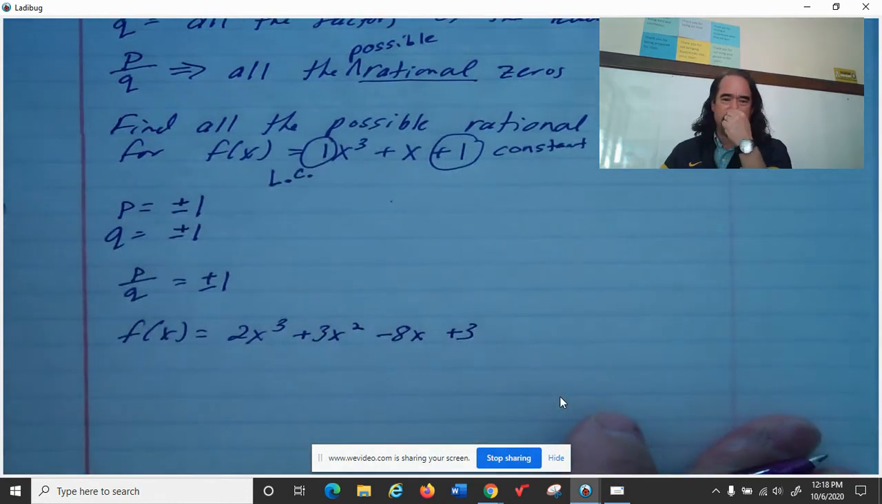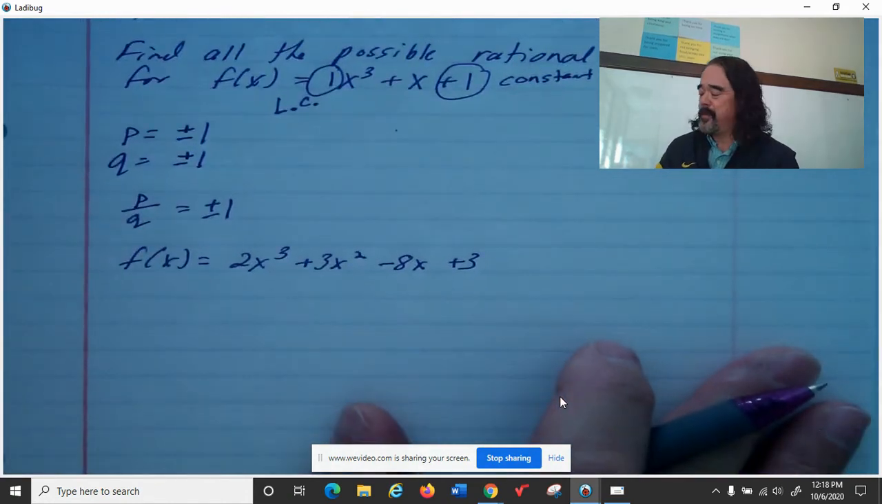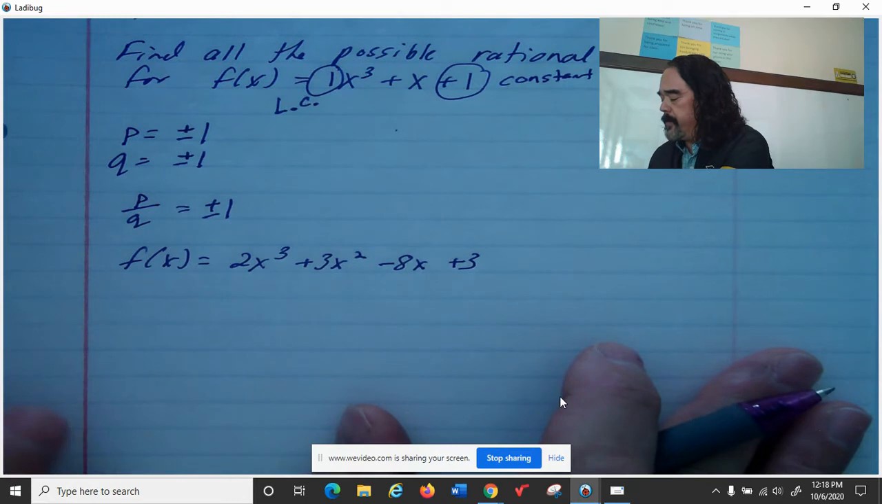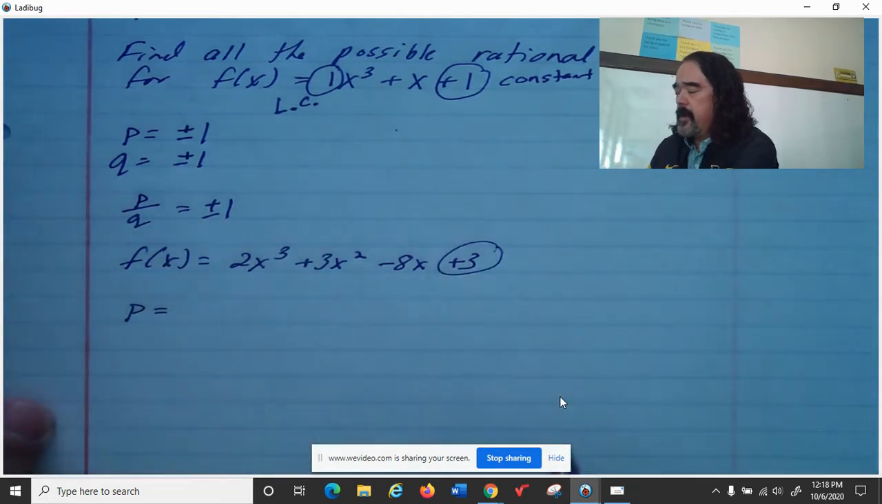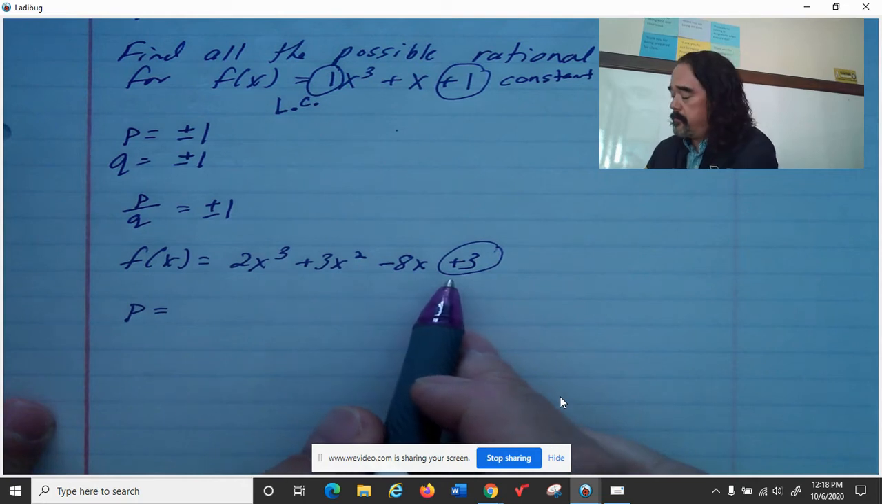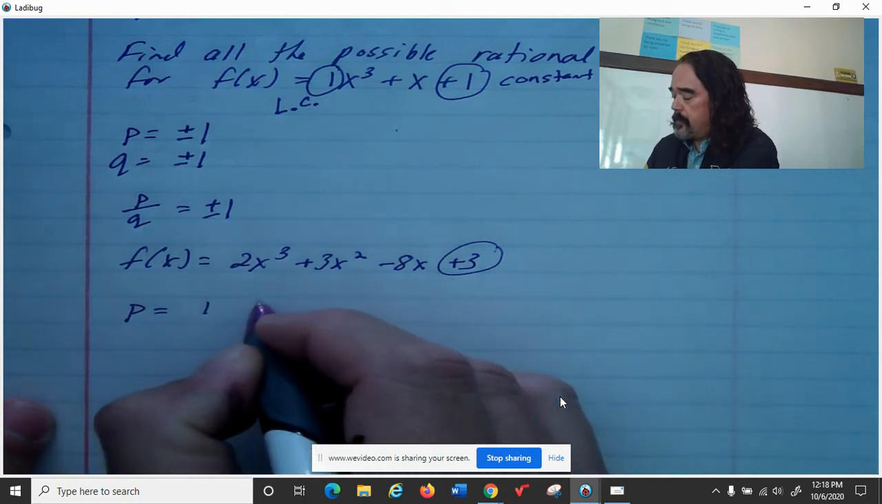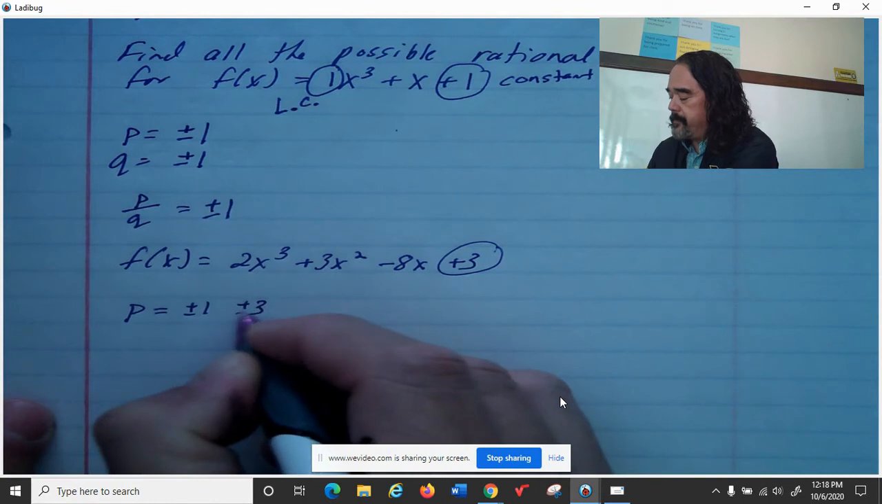All right, so this time I've got a little bit more to deal with, not a whole lot, but a little bit more to deal with. Here's my constant. So all the factors, all the numbers that will multiply give me 3. 1 times 3. Get the positive and the negative each. And then